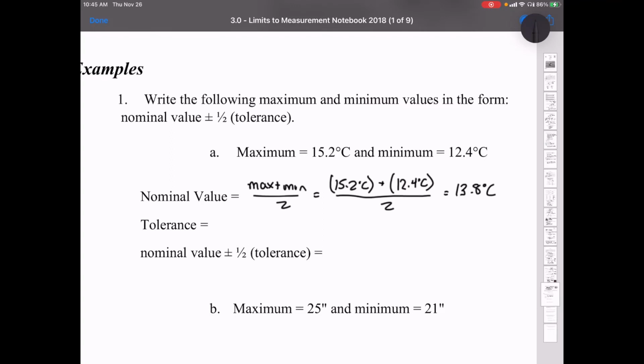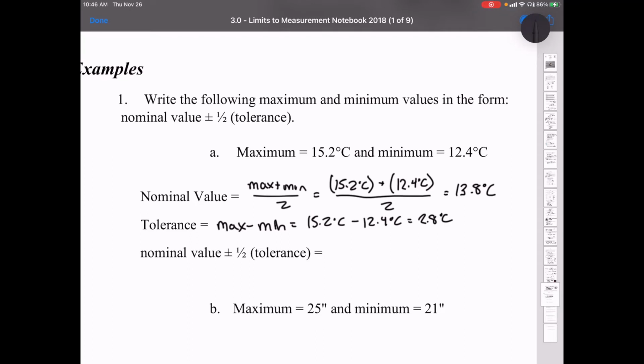From that, we also know our tolerance is our max minus our min, which is 15.2 degrees Celsius minus 12.4 degrees Celsius, which is 2.8 degrees Celsius,